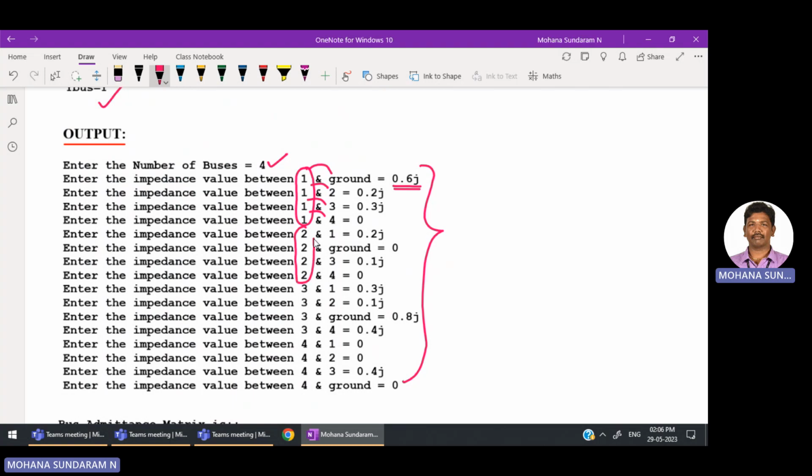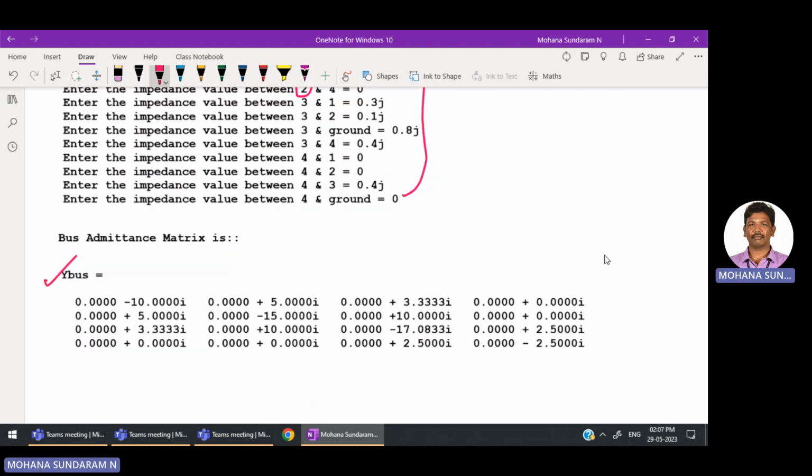Then when we fix 2, it asks 2 1, 2 2, 2 3, 2 4 like that. This answer. And you can also do modifications in case if there is any